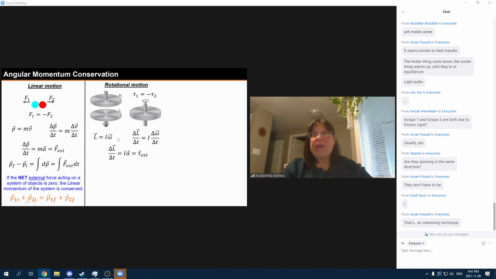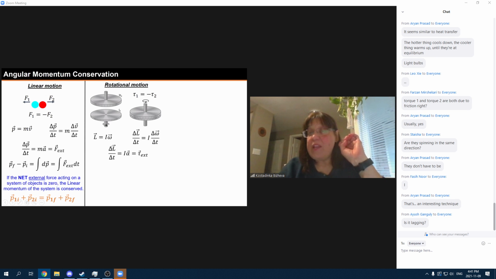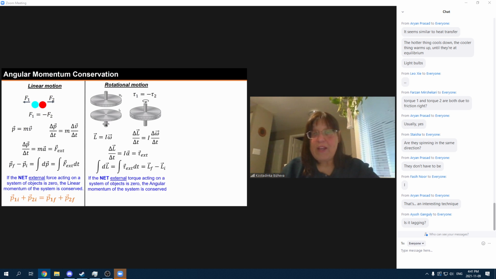So now what we have on the left side is the change in the angular momentum over a period of time that an event is happening, right? And on the right side, we are going to have the total external torque that is applied to the object or the system in order to change that object's or system's angular momentum. One thing that we can do is bring the delta t to the right side of the equation, and then we can examine just the change in the angular momentum. Now, if we do that and we integrate both sides of the equation, right, we're going to find out that